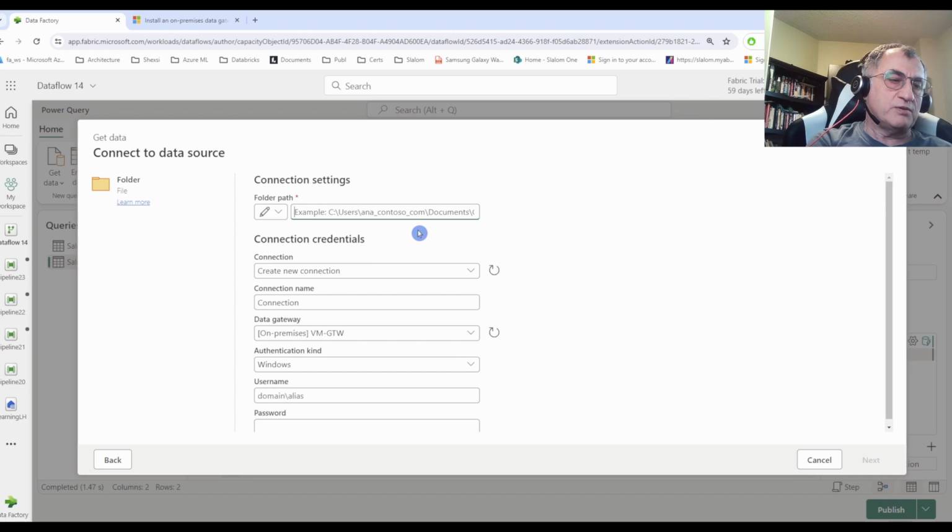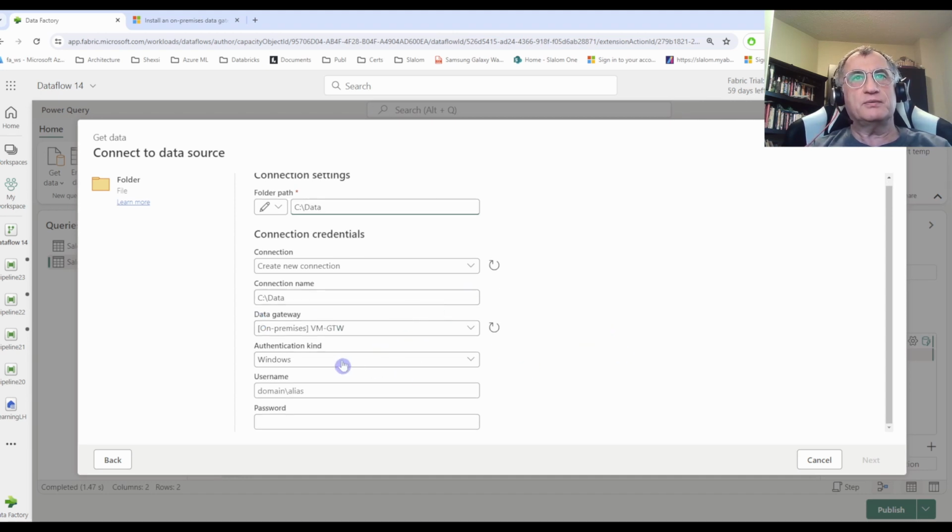Then I'll need to provide my path. Again, it's important that I select data gateway here,